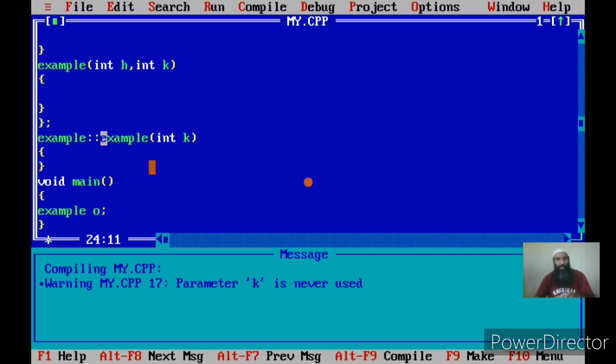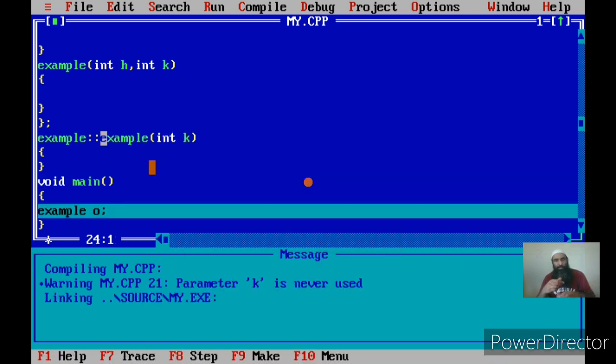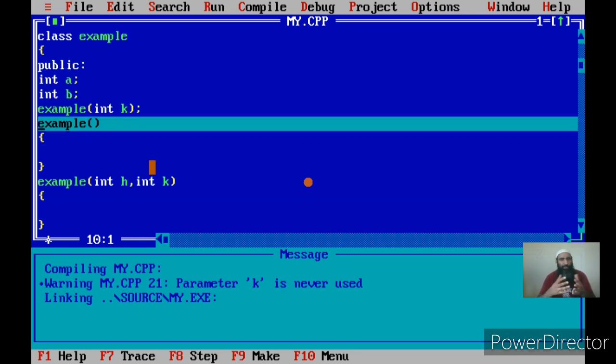I am not calling any function, I have simply created an object O. In the statement being executed right now, which you are seeing highlighted, the object O is created for Example. Now if you see, the constructor is automatically called. I have not called it. And which constructor out of the three constructors has been called?